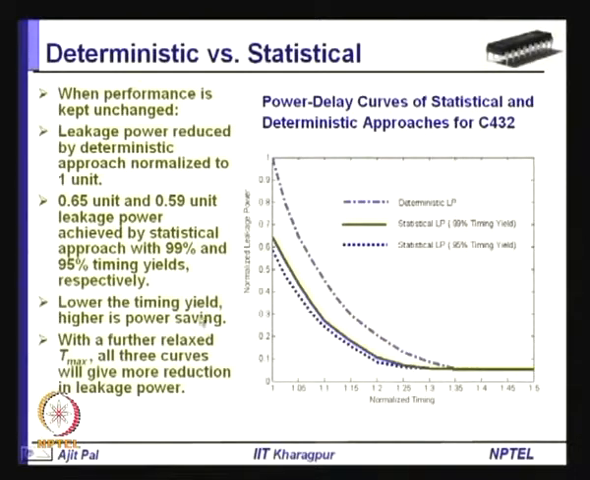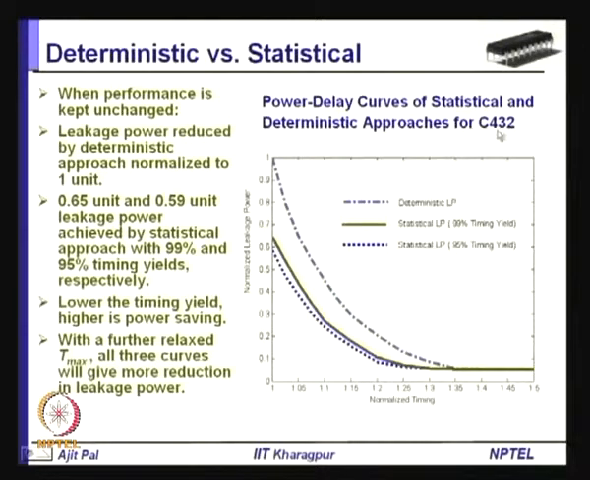So, that means if you are ready to accept a larger delay, you can have higher yield. So, with a further relaxed Tmax, all three curves will give more reduction in leakage power. So, if you are ready to accept larger delay, as I told, leakage power can be minimized. So, these are the power delay curves of statistical and deterministic approach for a particular